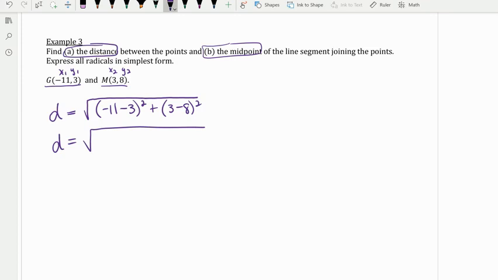And that gives me -14 squared plus -5 squared. And then that would give me 196 plus 25,